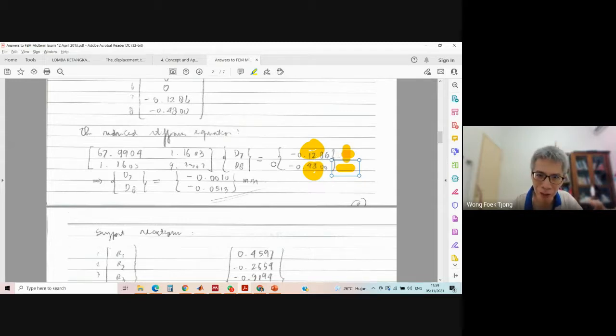So when this is zero, right? The only way is, because this is not a singular matrix. Yes, according to the algebra that we learned, the only way to make this zero is to make this zero, because this is non-zero. Of course, if this is singular, it's possible that this is non-zero as well. But this is for sure a stable structure. The rank of this matrix is 2. Okay, no problem.